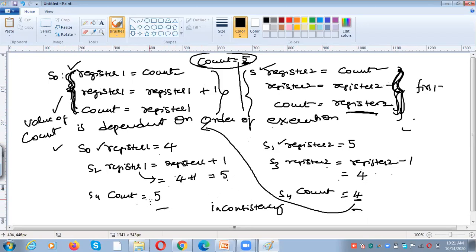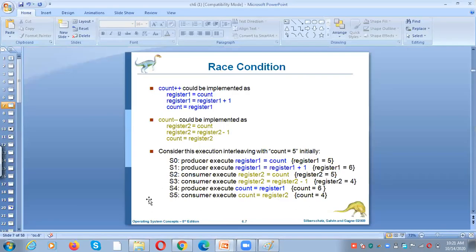That means the value of a shared variable depends on the order of execution. Which statements are executed first and which are executed next, based upon that, the value of the variable varies with the order of execution. So whichever instructions execute first, the result will be based on the order.